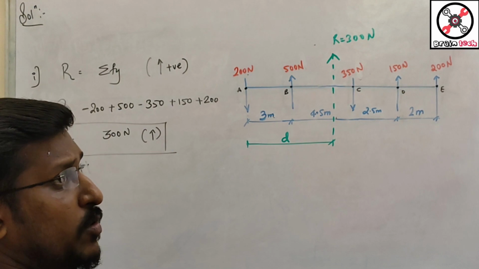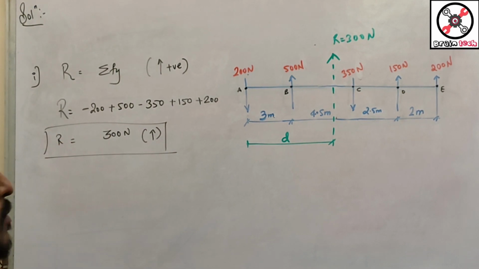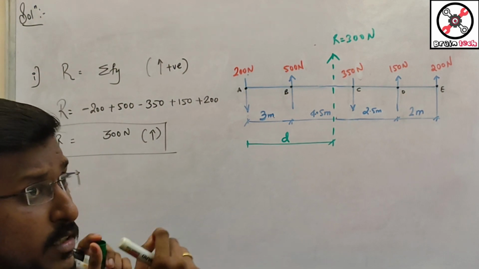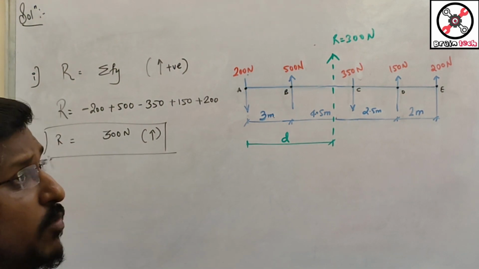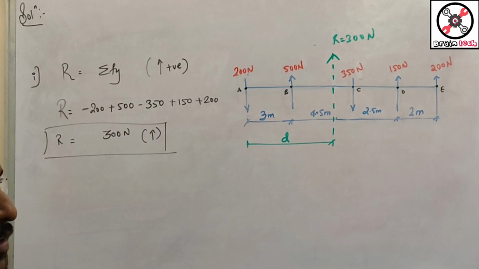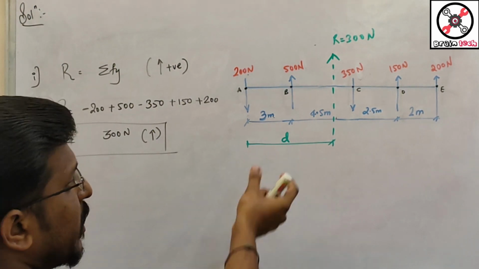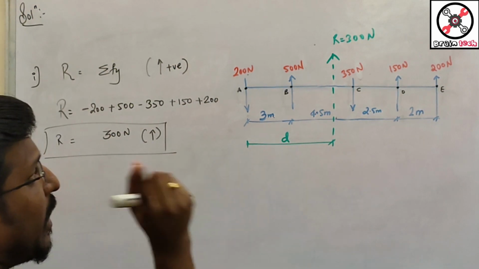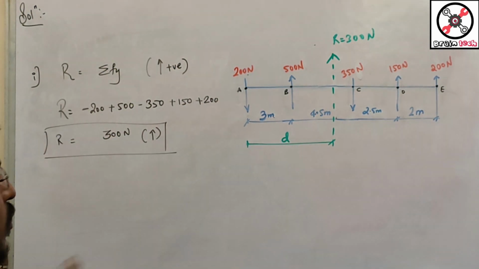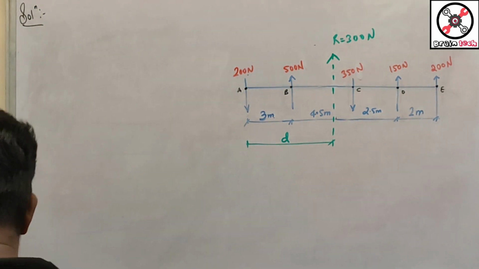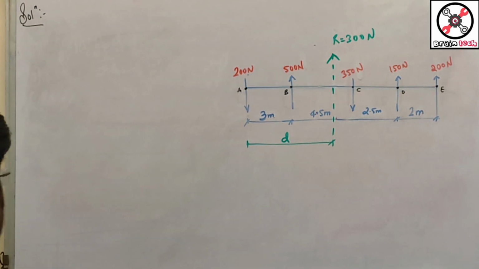In a parallel system of forces, you have to apply Varignon's theorem, and whenever you calculate the value of resultant, you have to give the value of distance also. That is, the resultant is at what distance from the point you are taking as reference. So I am taking the reference point as A. Now how to get the value of d? We'll apply Varignon's theorem. We'll come to know how to get the value. Now see how to apply Varignon's theorem.